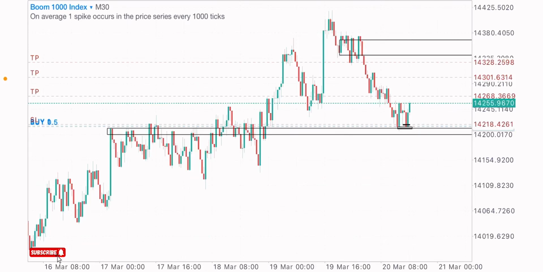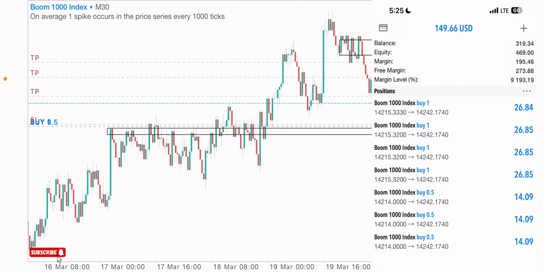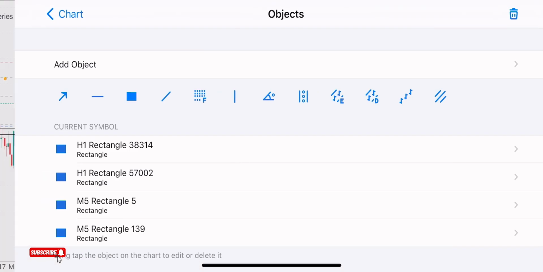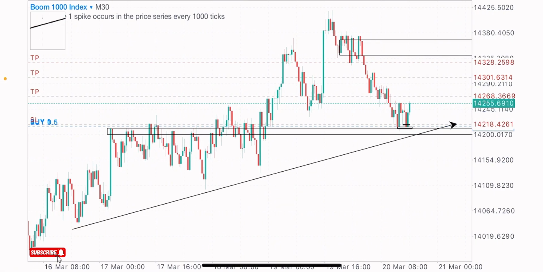Hey guys, I took a buy trade on 1000 index using this simple trading methodology. I just identified the market trend. But let's emphasize identifying the market trend or the market direction because it would help give us a focus